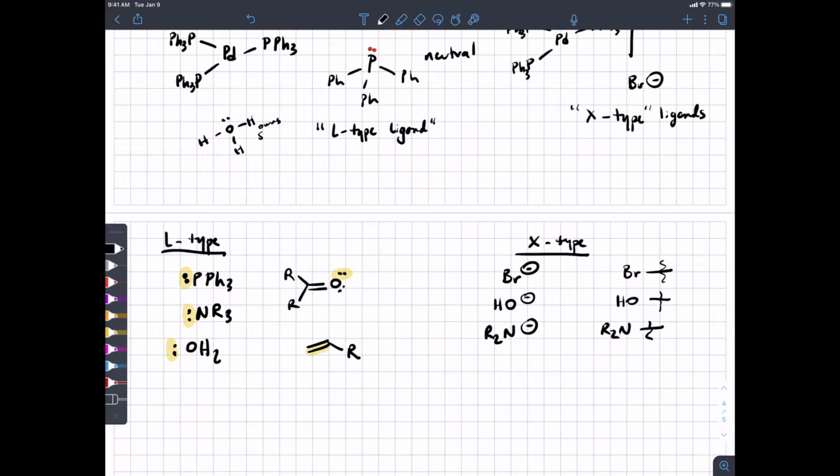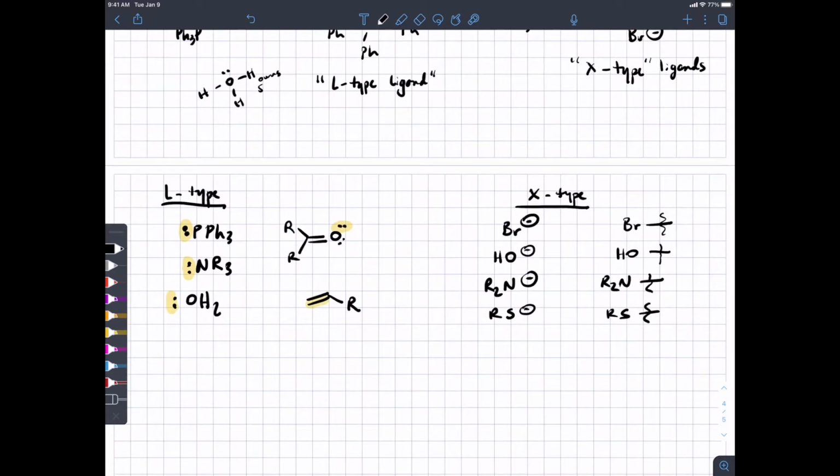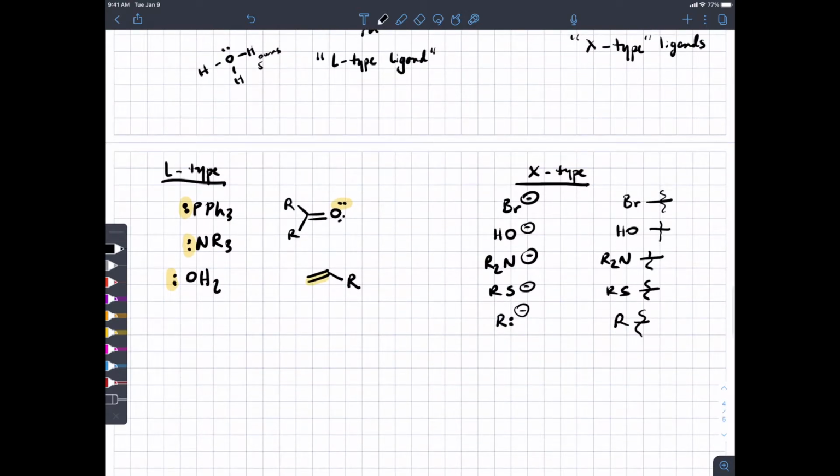What else shows up on this list? Basically, any anion you can think of. A thiolate can be an X-type ligand. And then also alkyl or aryl groups. So I'm going to represent that just by R minus, are X-type ligands. And this is important because we're going to use whether or not these ligands have charges as a way to determine the reactivity of the metal. So we'll use pink for